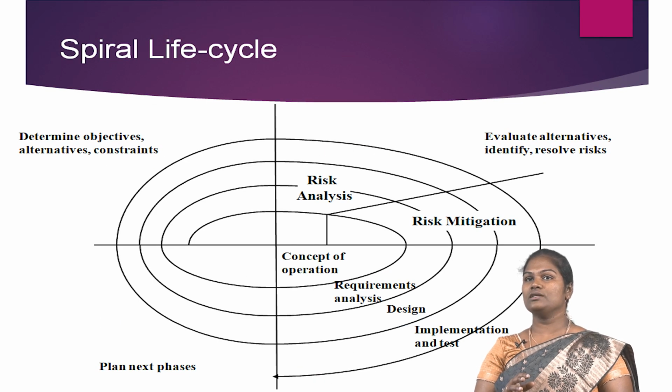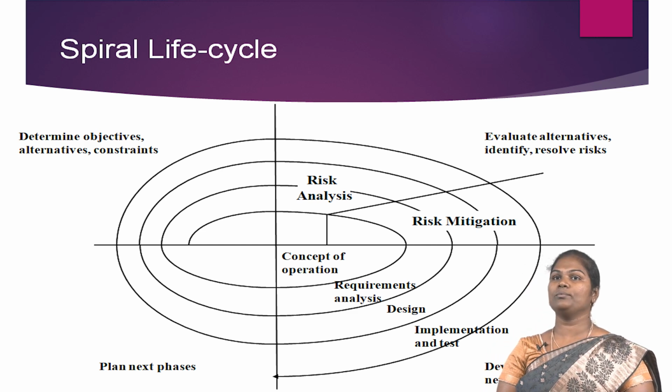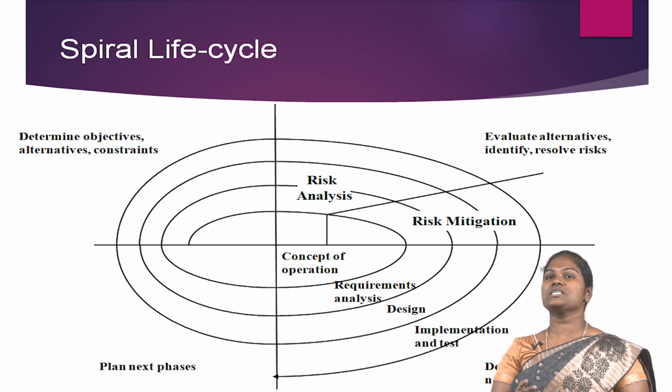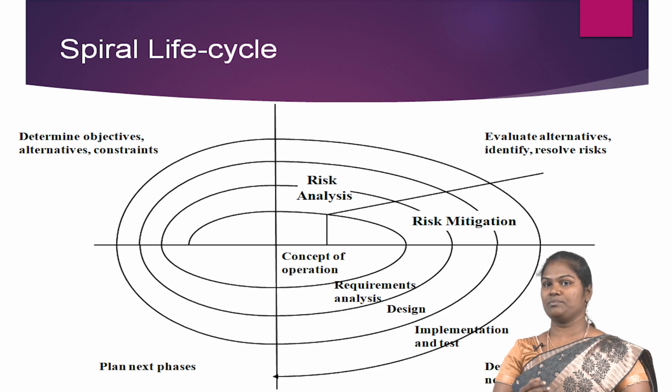The spiral life cycle is a further refinement of the basic waterfall model and was first published in 1988. The figure shows a model that consists of a series of learning cycles that begin with defining the objectives and then performing a risk assessment to identify areas of greatest uncertainty in the project. The number of iterations through the cycle varies based on the uncertainty of the problem. Simple problems take one pass and look very much like a standard waterfall life cycle. More complicated problems may involve several passes through the cycle to resolve uncertainty to an acceptable level.